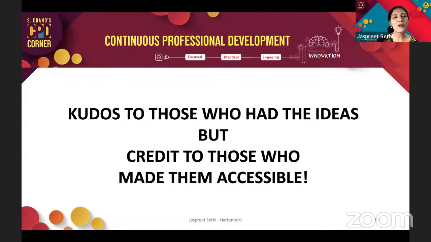I just use the analogy of Facebook and Mark Zuckerberg for this, because as much as we may want to bash social media, if some of us are connected, it's because of social media. Maybe you and I have had these ideas, and decades ago people may have thought about how to connect the world. But we have to give credit to those who actually proposed and implemented the idea and brought it to the world.